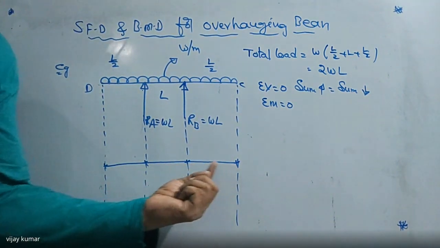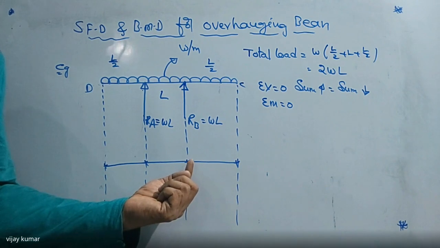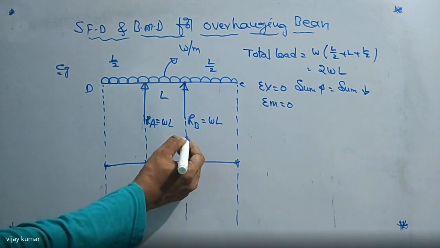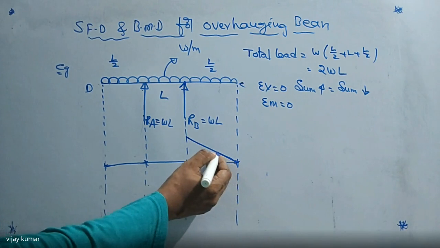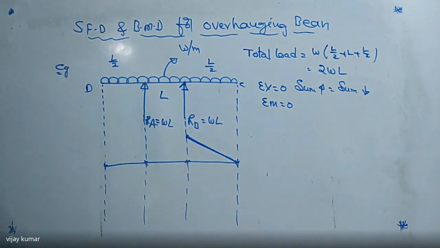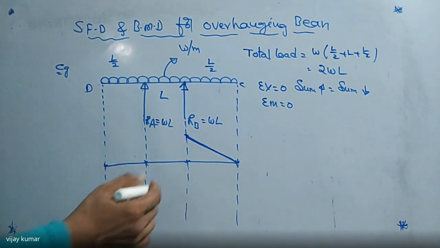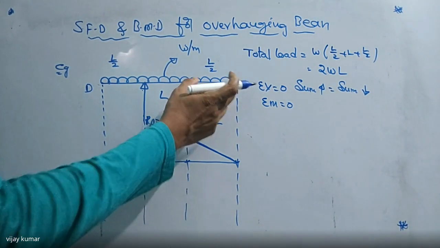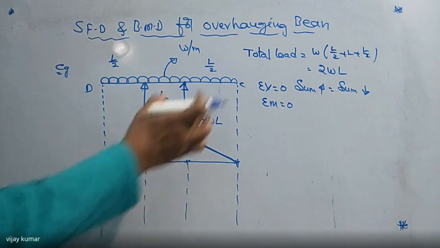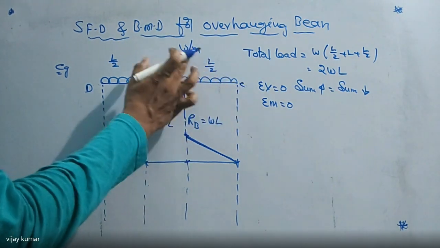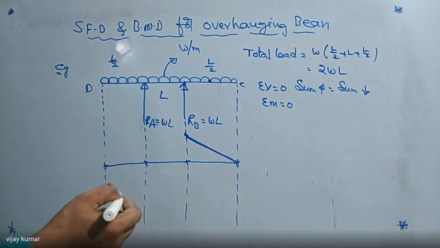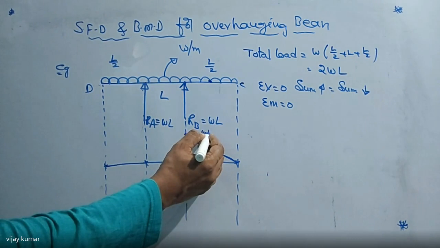So from this point to this point, which type of load is acting here? Uniformly distributed load. What is the shear force diagram here? It is a triangle, so I'm going to indicate one triangle here, one triangle here. Is it right or not? Generally, how much load is here? The total load is W into L by 2. Up to this one, the total load is W into L by 2, that is WL by 2, which is acting exactly at the center. So here I am writing WL by 2.